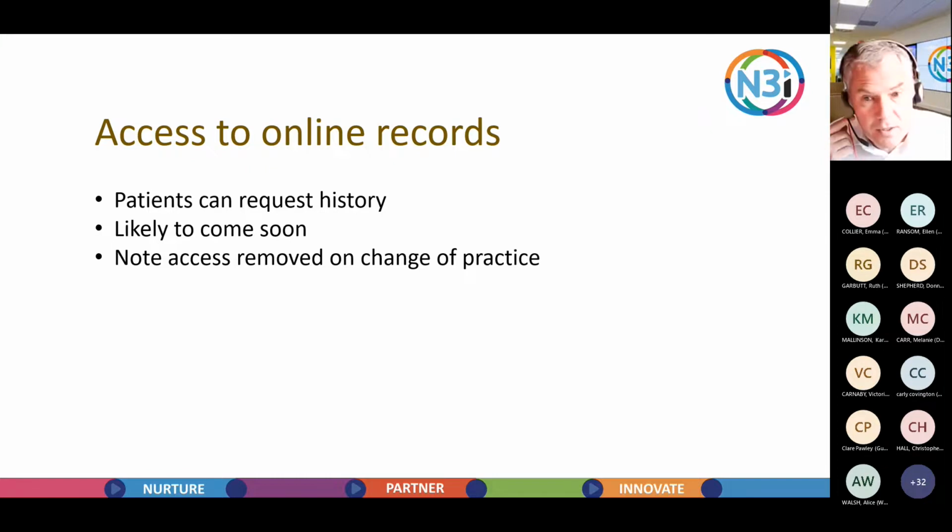Obviously, the patient can request access, and the new practice could potentially grant it, but it's just a bit of a quirk of the system that your access would be removed after the 1st of November if you change practices. Obviously that may apply to you if you're getting people coming into your practice after the 1st of November, who will be saying to you, hang on, why can't I see the information that yesterday I could see? But it's a quirk of the system that's likely to be addressed by the fact that people will have full access in the not too distant future, I suspect.